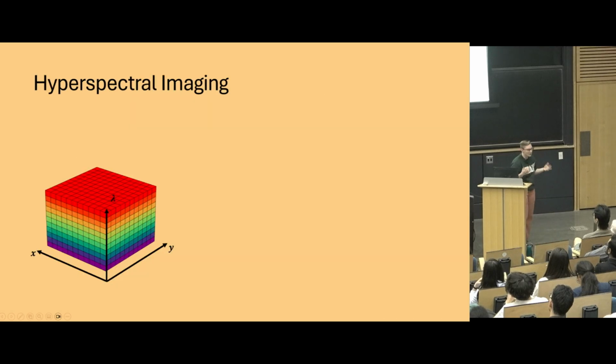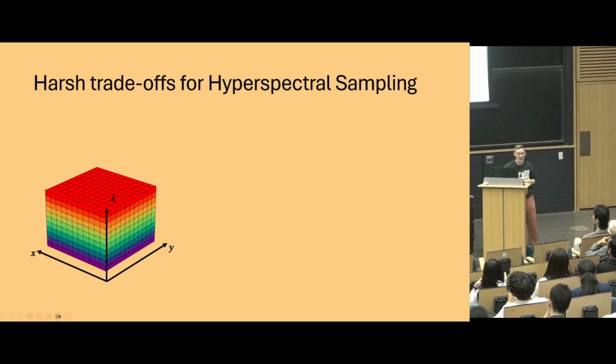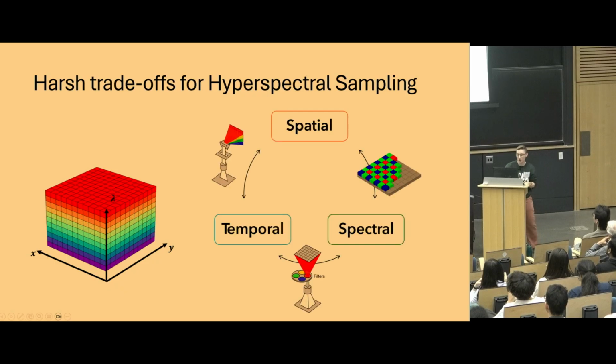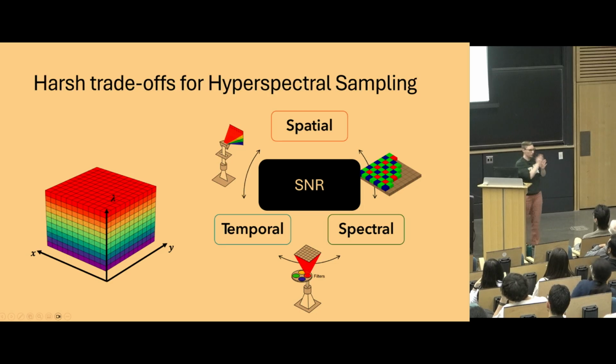Boosting color dimensions like this is probably pretty familiar to a lot of people in this audience. When we do hyperspectral imaging, we want to collect this entire data cube, x, y, lambda. It's a bunch of different samples, and we have pretty harsh trade-offs in resolution trying to measure this with 1D or 2D sensors. You can basically trade any of your dimensions for another. You always kind of take a hit. And even then, because you're slicing your light into these very thin wave bands, you're going to have a really challenging SNR setting.